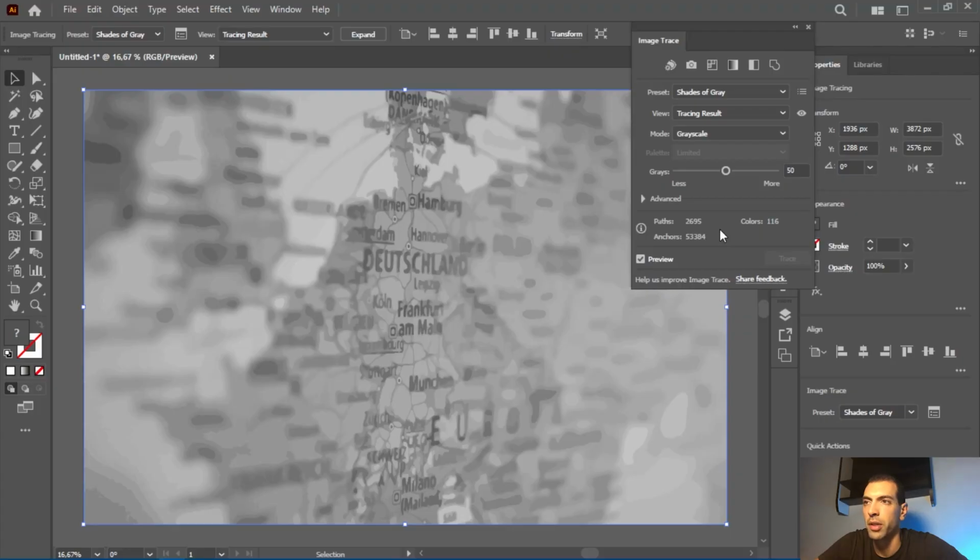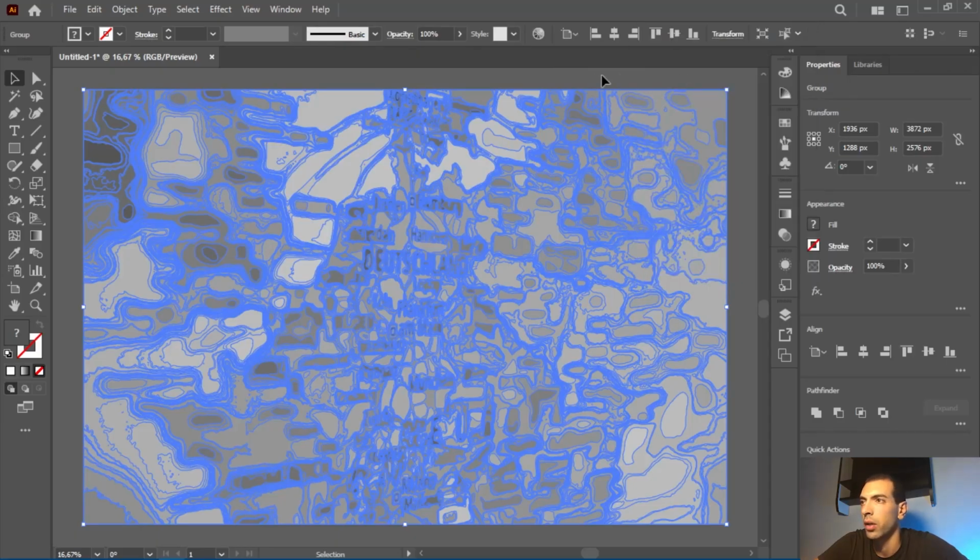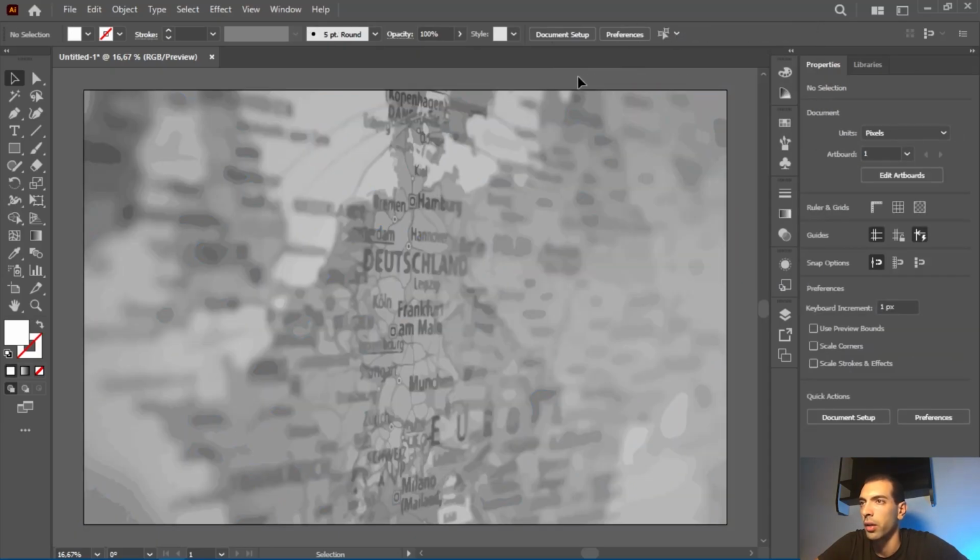Now the image tracing is finished, and you can see now we have an illustration made of only shades of gray with no color. I'm gonna now click on expand and I'm gonna click here and close this window. I no longer need it. I click away, I deselect,